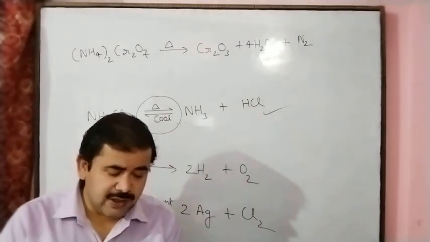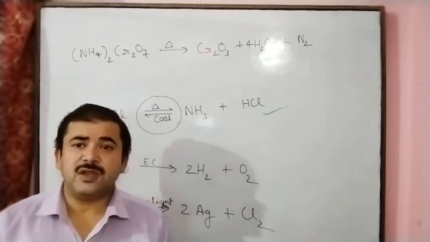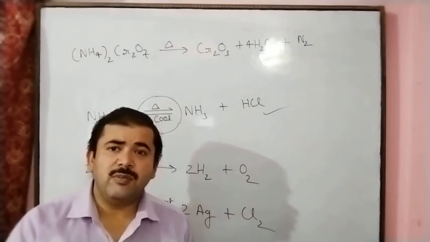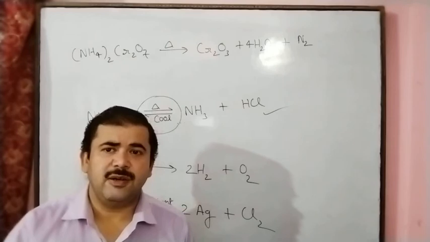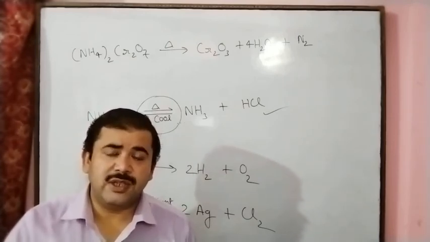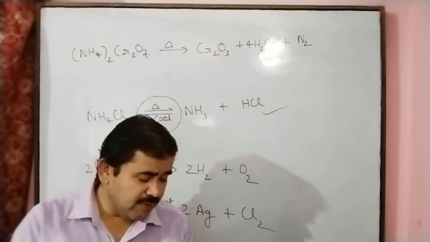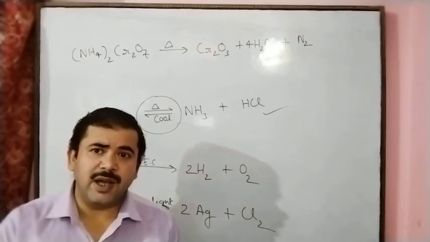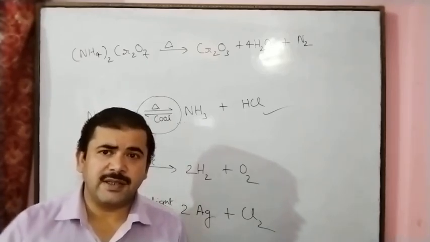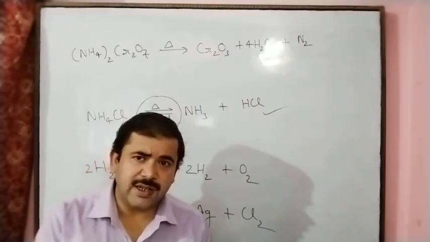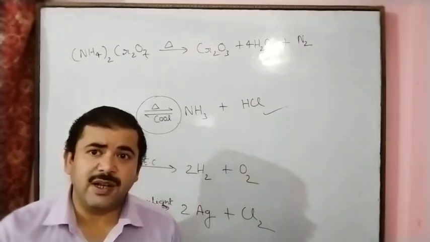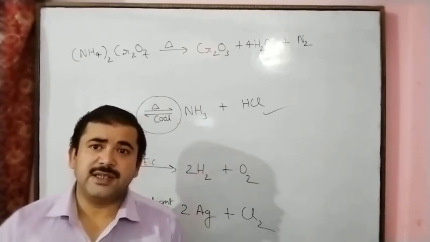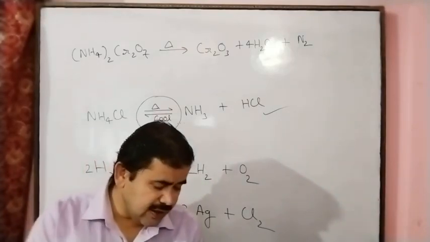And after this, decomposition reactions in metallurgy. Metallurgy, we know, is the extraction of the metal from the ore by applying different techniques, different processes. Metallurgical processes mean that in industry, for the extraction of the metal, we apply different techniques. Metallurgy means extraction of metals from the ore by applying different techniques. This is called metallurgy.